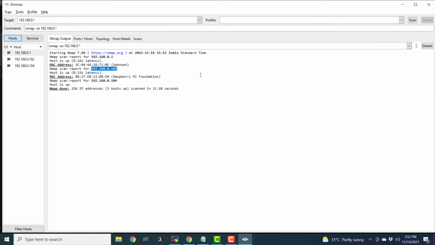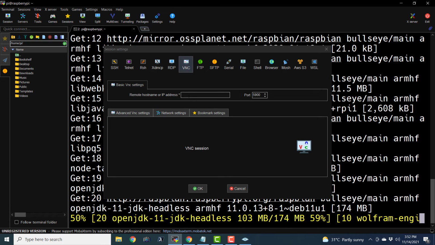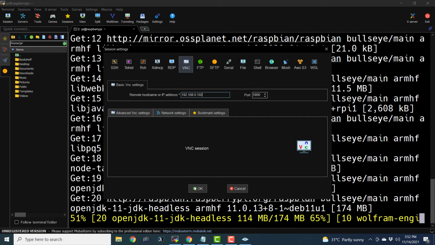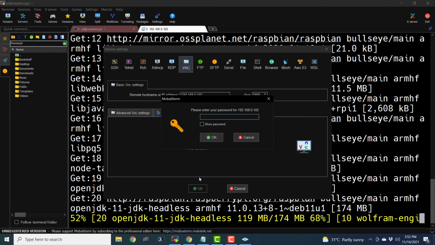It is copied in the clipboard, and let's go to MobaXterm and paste it and say OK. Now it is asking us for the password, and the password is raspberry. I'm going to click show password for your convenience, but never do it in the presence of people you don't trust. I trust you all.